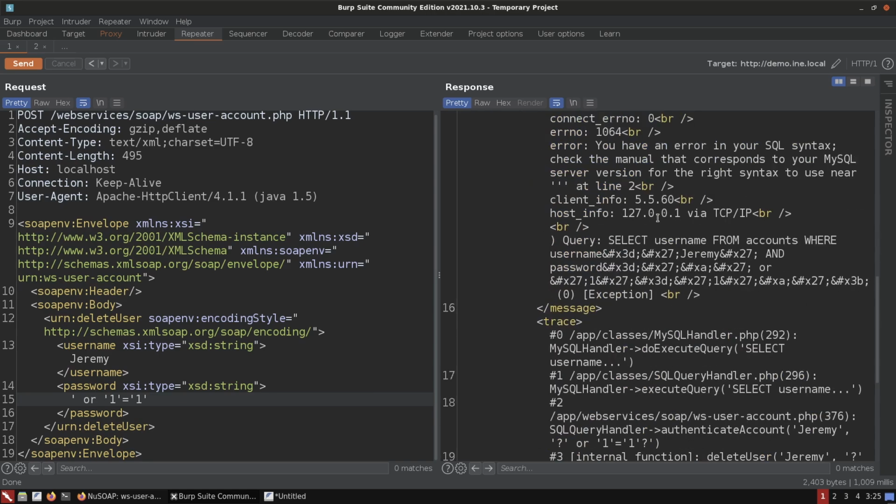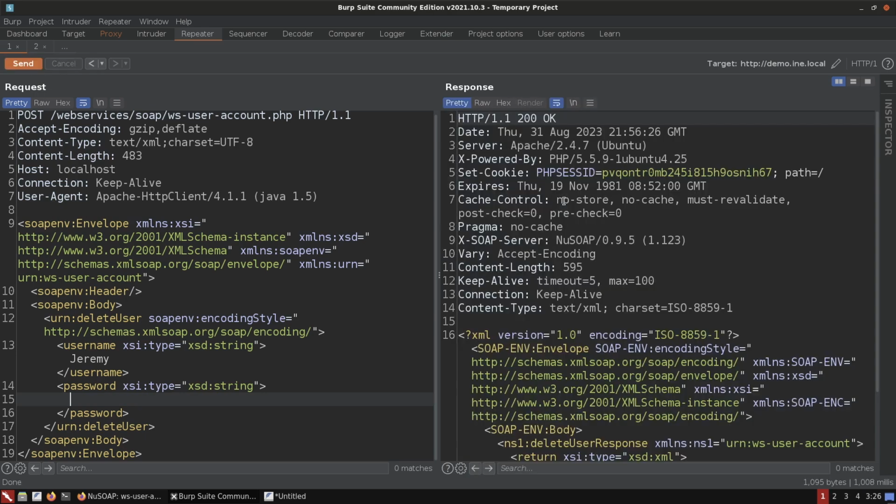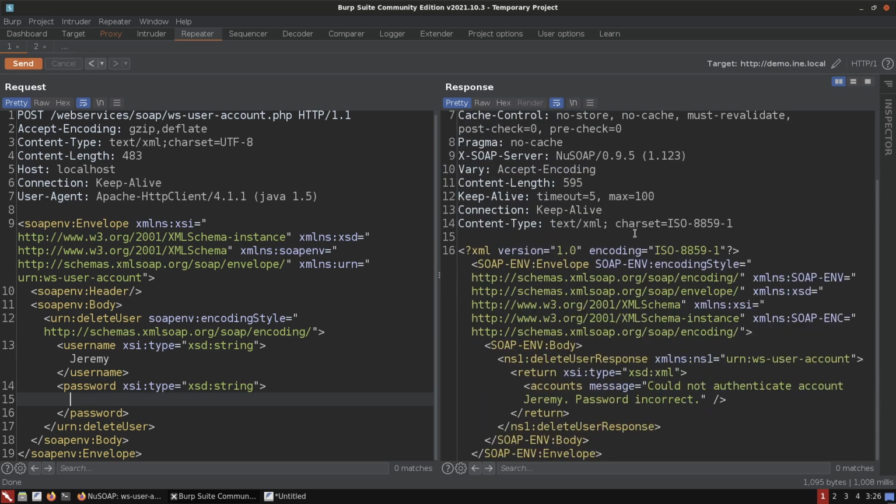So we get the same error, okay, and if successful, the user Jeremy should be deleted. So I'm just going to verify that they exist here before we proceed. So okay, password incorrect, okay, no problem there. In fact, what I'm going to do is I just want to verify that this user exists, and thank you